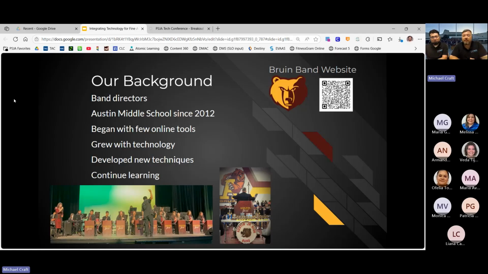We feel like we've done that. It just morphed into it. We've always been proprietors of give the kids what they need and to be effective. So it just kind of happened like, hey, they need this. They're using these tools. Let's use it with them to help. So we grew with the technology. We developed new techniques as teachers.